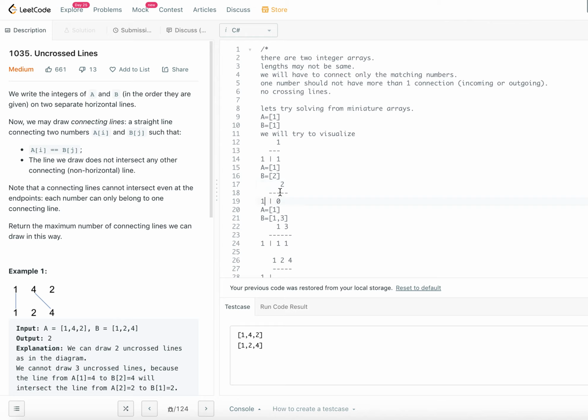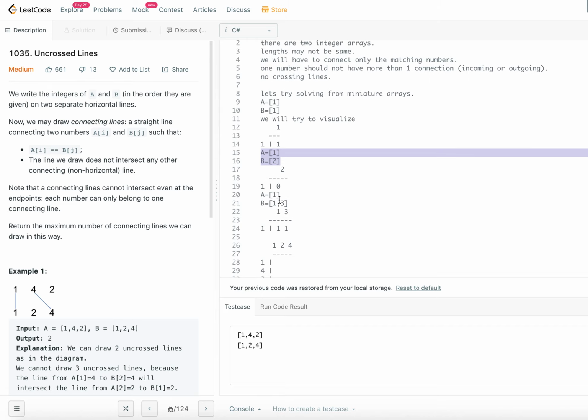Whenever the corresponding elements don't match, we will say 0. So 1 and 2, since they are not matching, we will put 0. That means between arrays A and B, 0 connections are possible. Let's go by incrementing one more element.